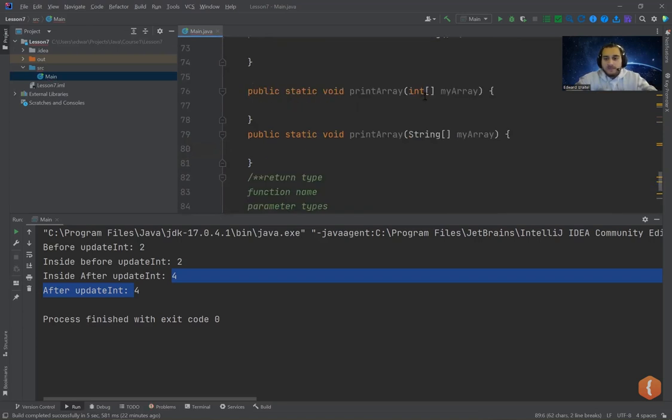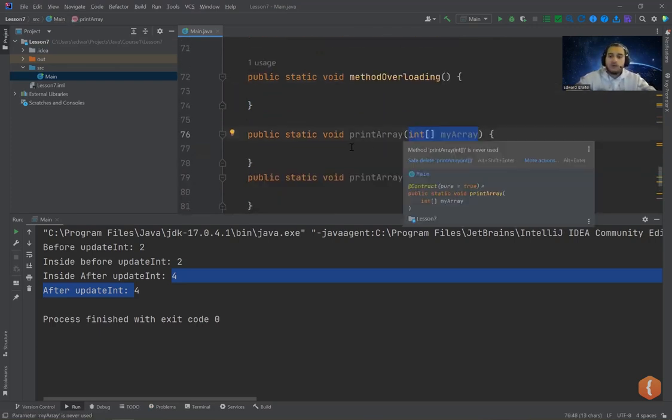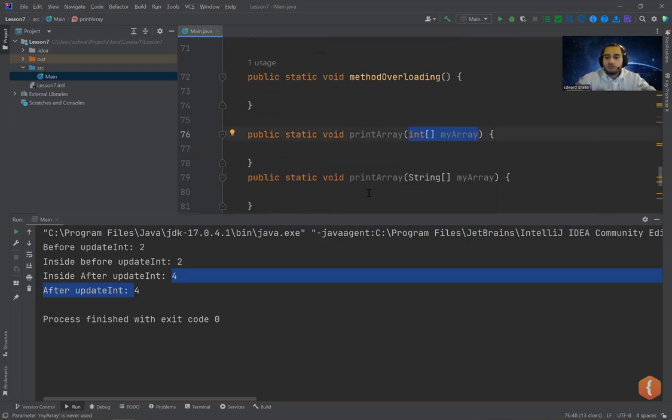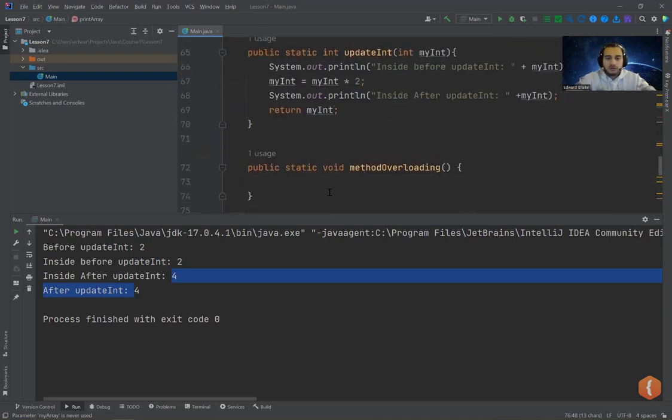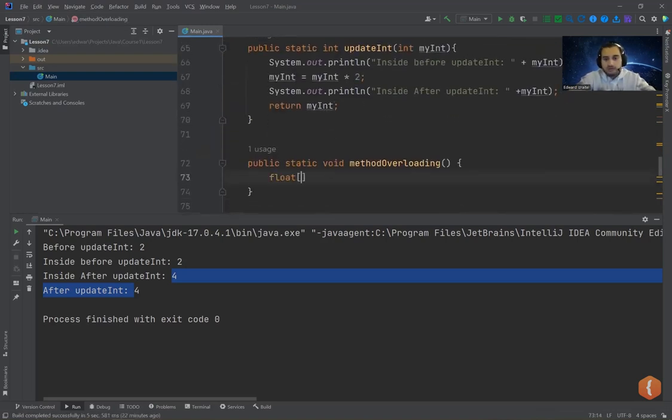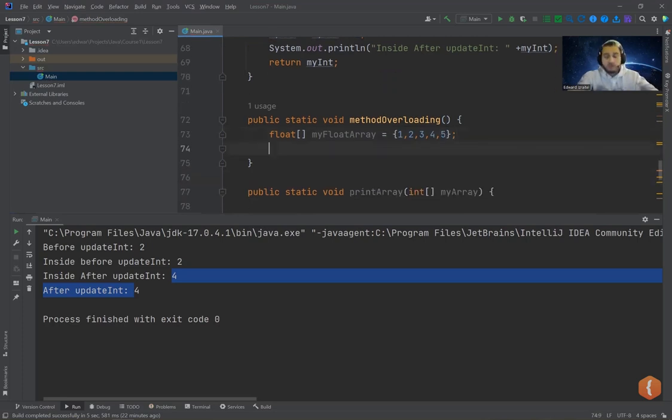Okay, so going back. Method overloading will basically allow us to create the same method with the same name, but have different parameters. So that way, when we try to print our array, it's going to go into the correct function. What I mean by this is, let's look at an example. So let's say I create a float array, and I call it myFloatArray is equal to new float. Let's give it some values. I don't know, 1, 2, 3, 4, 5. Right,